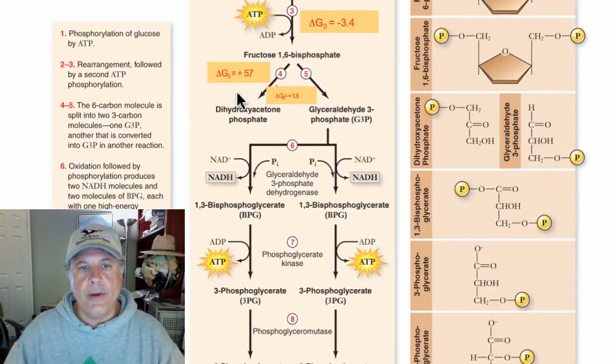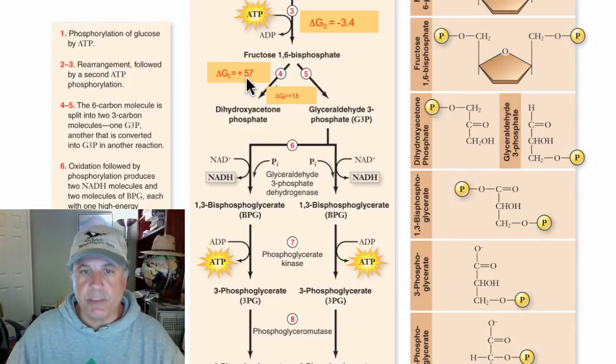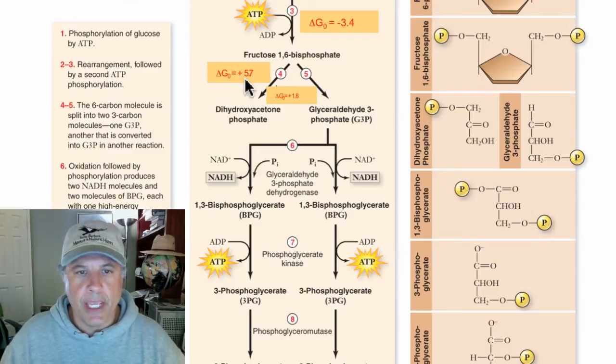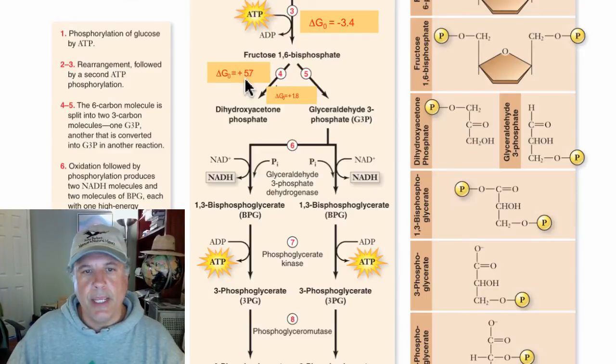So we have a very high delta G0 here of plus 5.7, and you must be thinking, how can this reaction possibly proceed when this indicates non-spontaneity? How is it that the relevant enzyme catalyzes this cleavage of fructose 1,6-bisphosphate into these two 3-carbon molecules with a delta G so high, so positive? And here I want to introduce you to the concept that although this is under standard conditions, in the cell, the delta G can actually be 0.